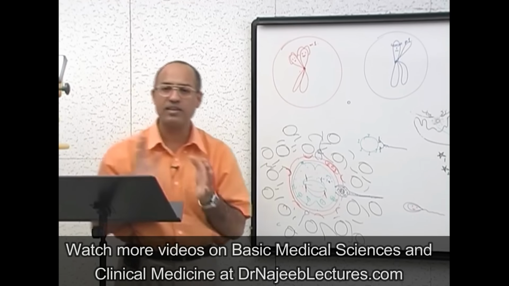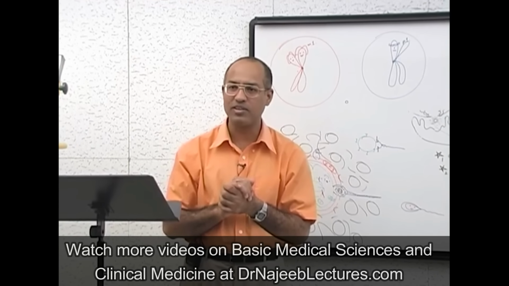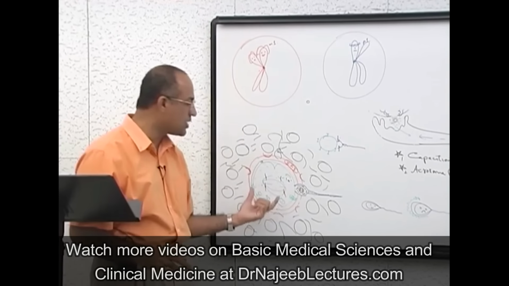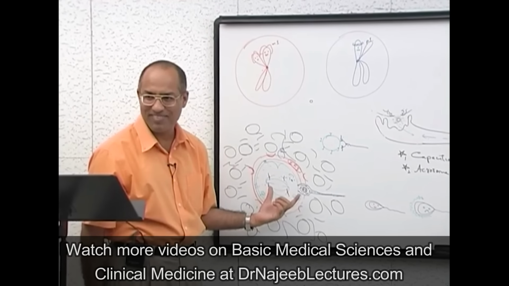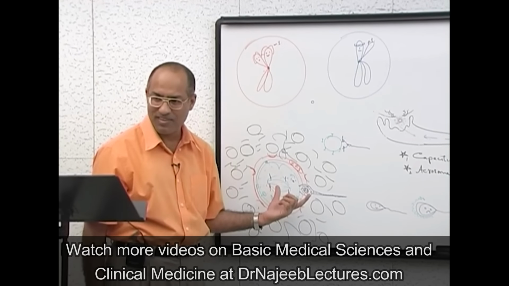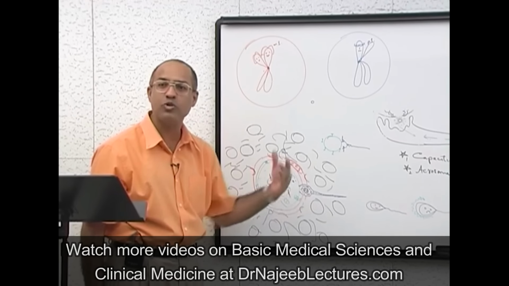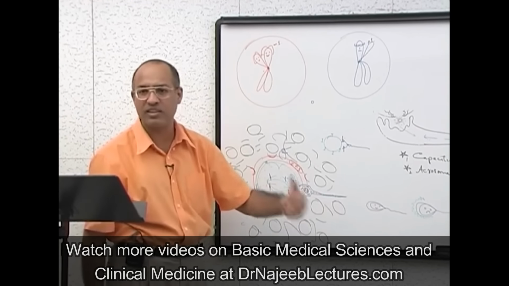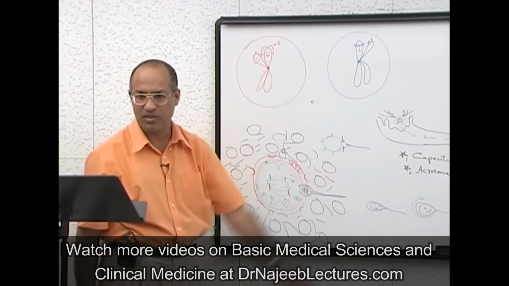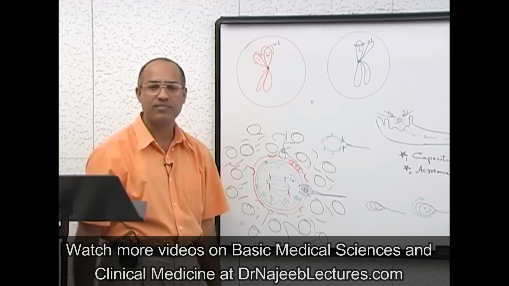So here we complete our lecture of fertilization. Next lecture we'll talk about how this unicellular embryo, fertilized ovum or zygote, how zygote converts into 2 cell stage and 4 cell stage and then morula and then blastocyst and so forth. That will be discussed in coming lectures. Class dismissed.